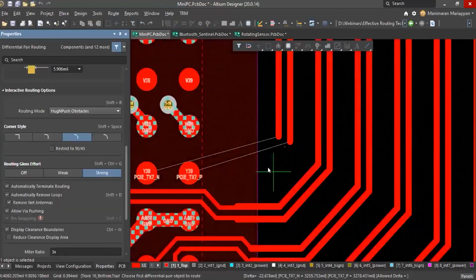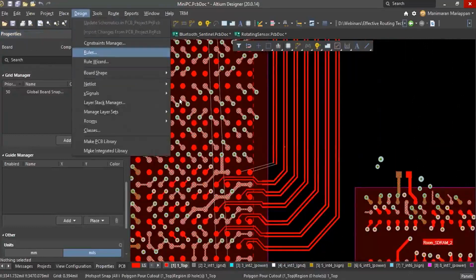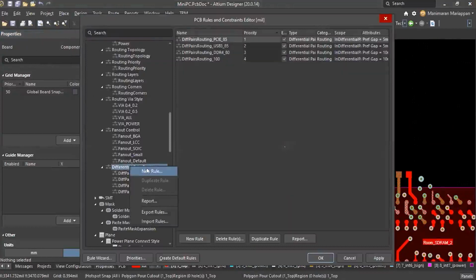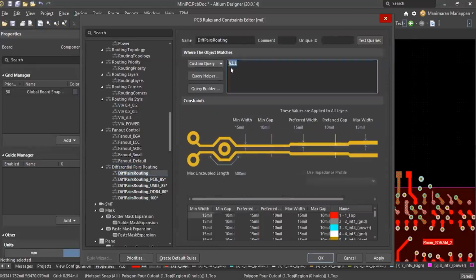So instead, if you want to neck down, go to design rules. Add a new rule, differential pair routing. You can select custom query builder or helper.